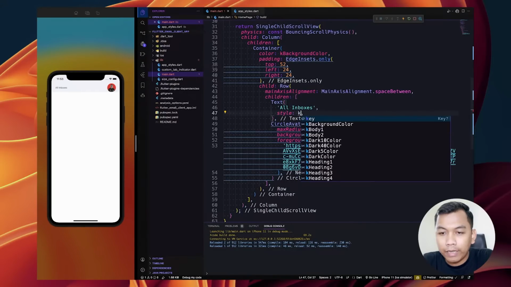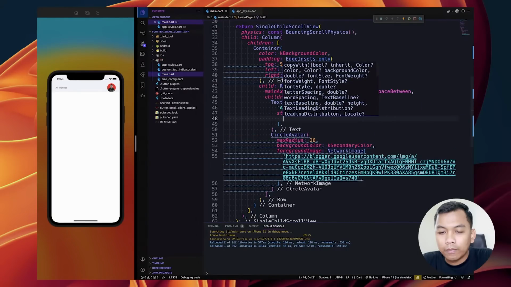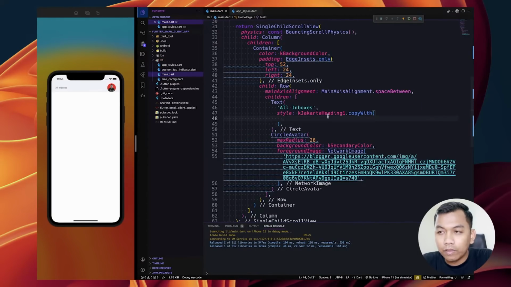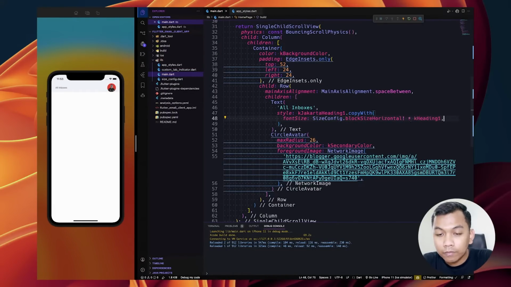And also we need to add styling here, which will be what we have here. We have K Jakarta heading 1, but we need to change the color. So for the font size, we need to say size config and then block horizontal times 2 K heading 1. Alright,